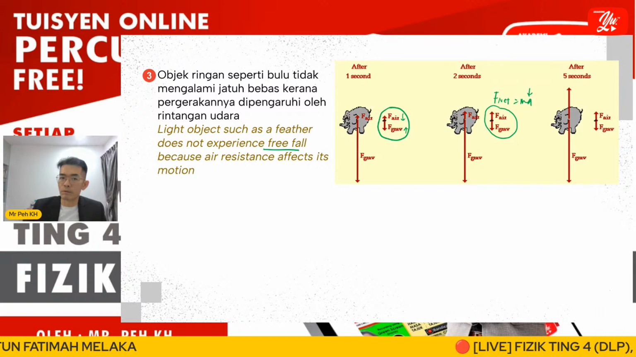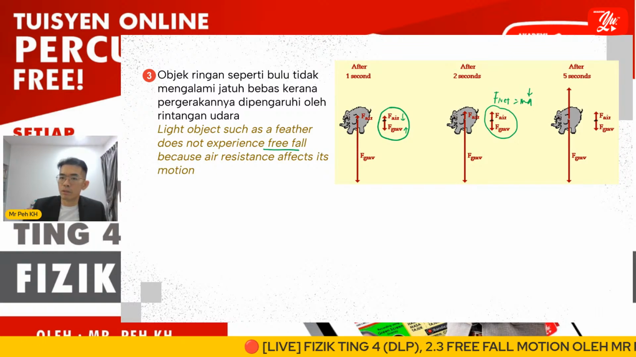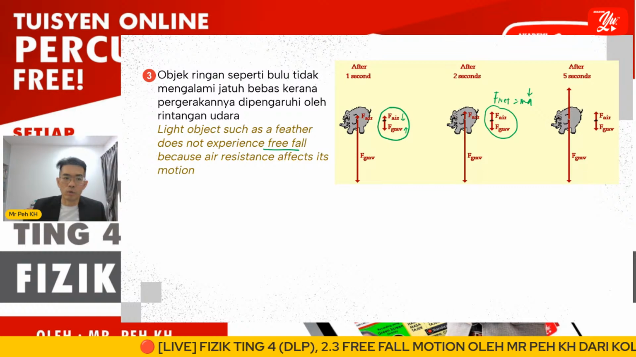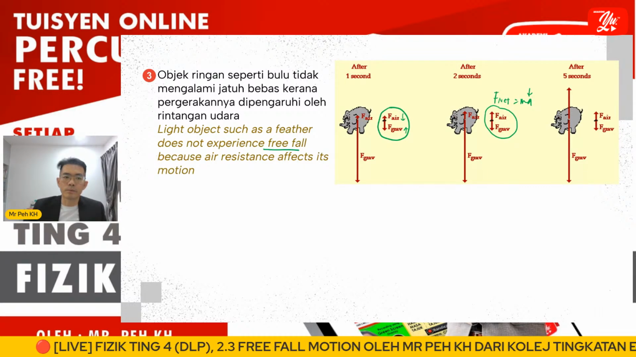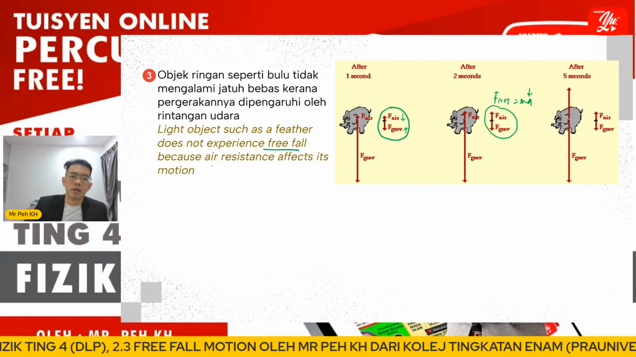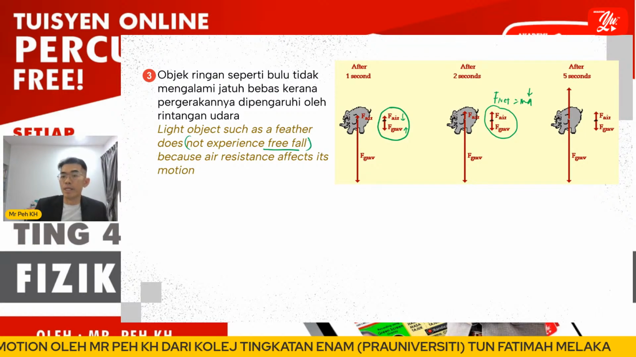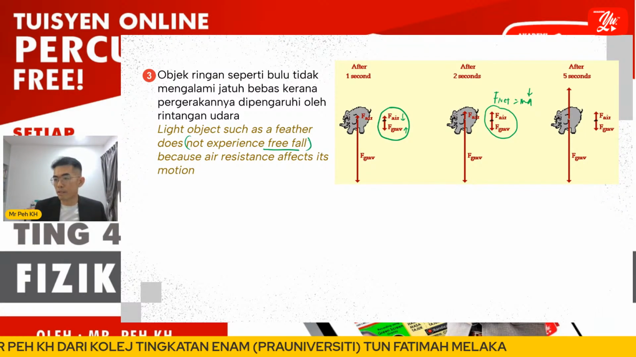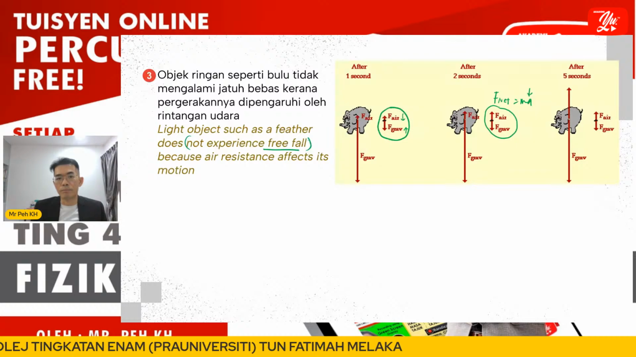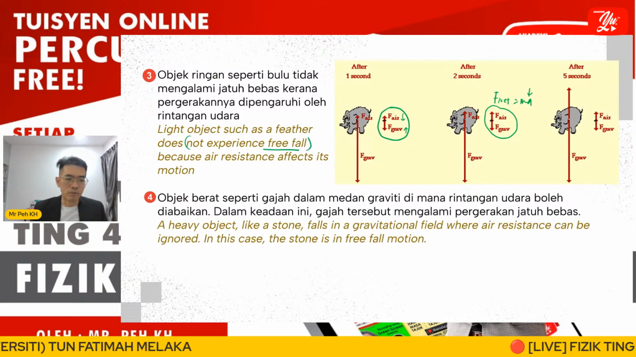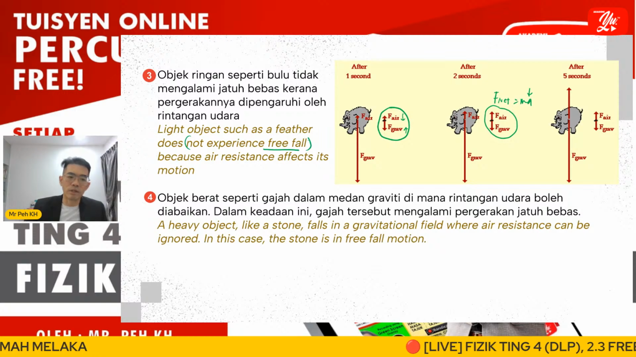So the feather will be moving slowly downward. So we can conclude that the light object will not experience free fall in air, but in a vacuum, both objects will definitely drop at the same time. Okay, so number 4, if the object is very heavy,